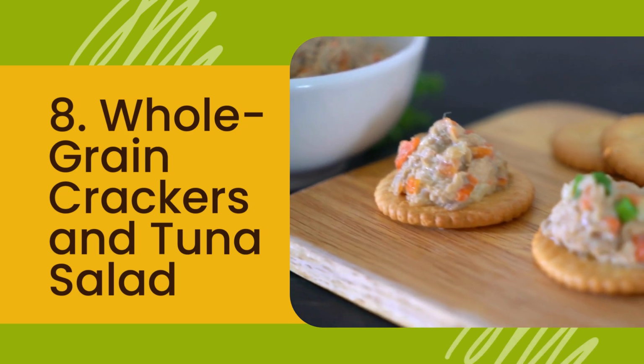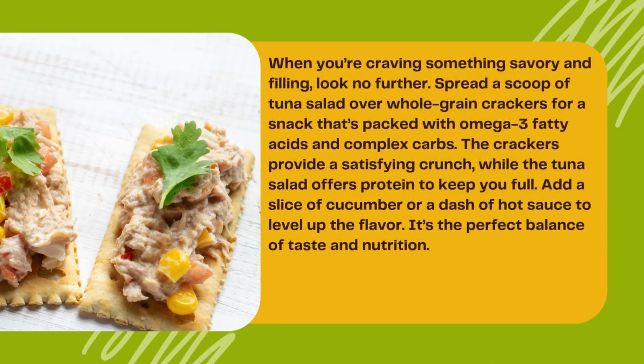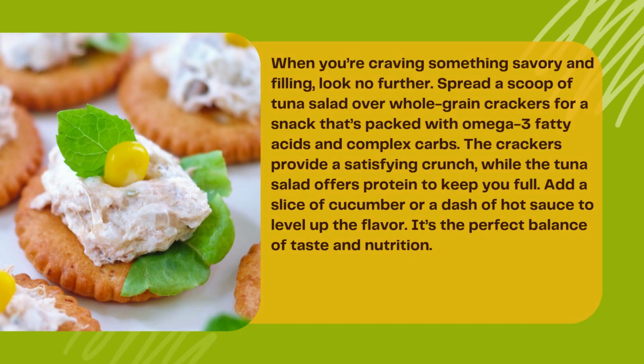8. Whole grain crackers and tuna salad. When you're craving something savory and filling, look no further. Spread a scoop of tuna salad over whole grain crackers for a snack that's packed with omega-3 fatty acids and